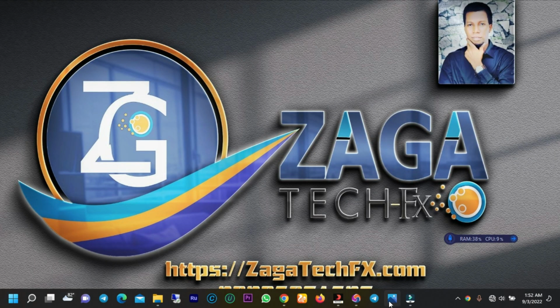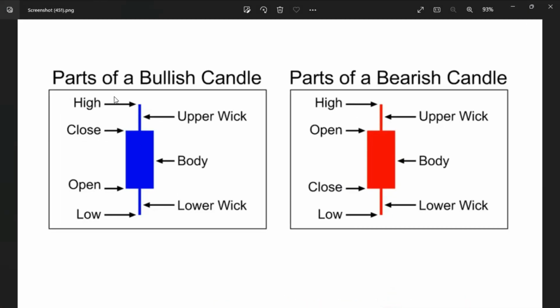This is the chart about a bullish candle and a bearish candle structure. Remember guys, this lecture is for newbies. If you want to embark on a journey of learning what forex trading is all about, if you want to understand what candle chart or candle pattern is, all right. Now we have different kinds of candle